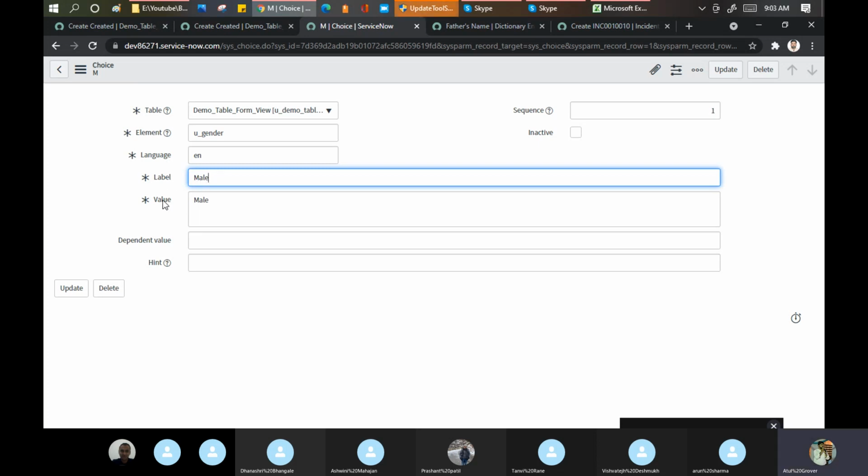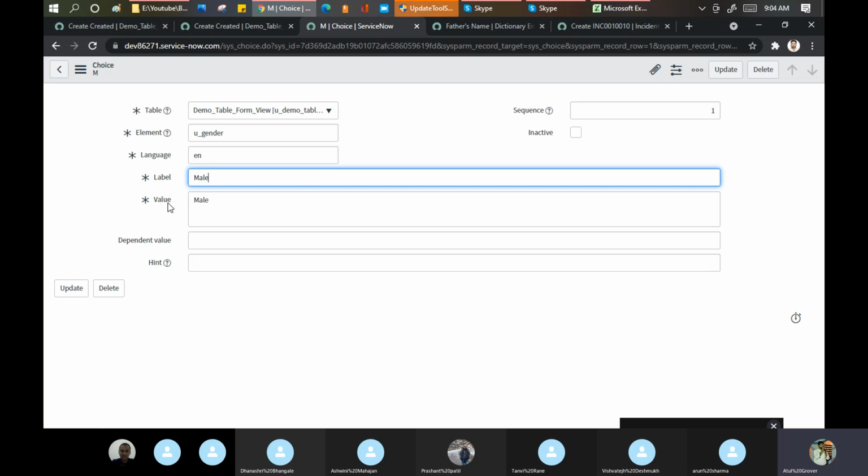Label means what appears at the customer end, and value means what you are storing in the background. Like when I say introduce yourself, or in an interview they ask for an introduction, please. In the background, what does this mean? Please introduce yourself is a complete sentence, but what he's saying is just introduce. That's all.